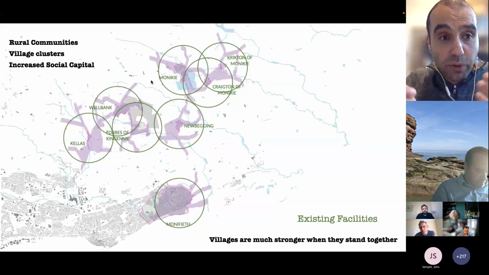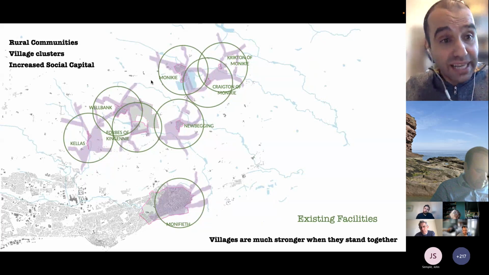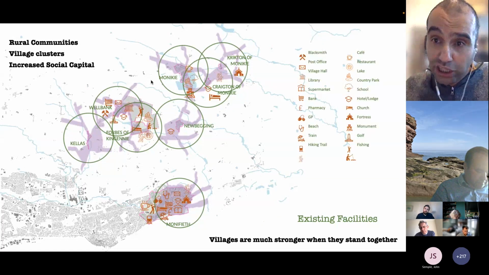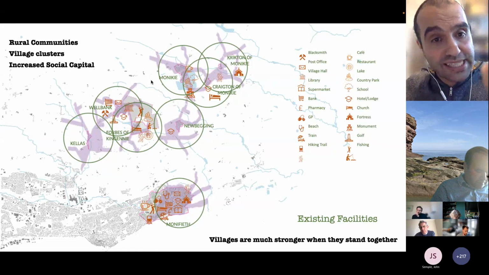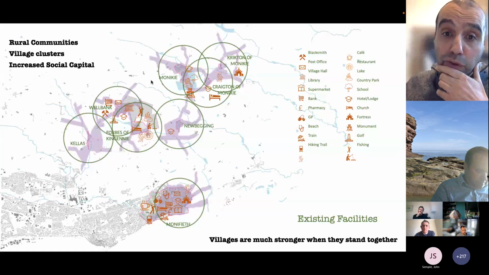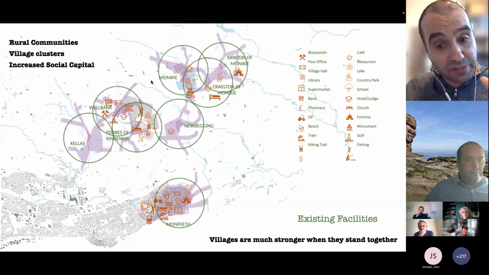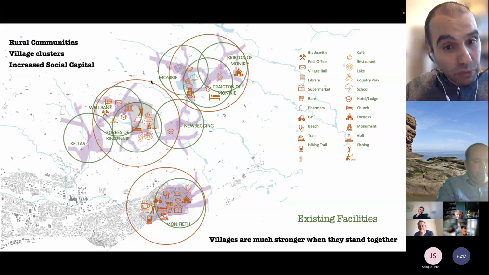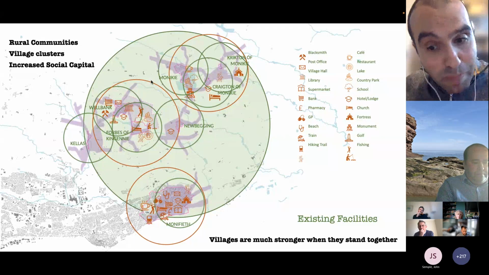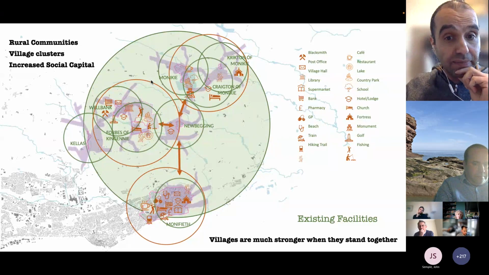So the whole idea, we really looked at this concept of rural communities, village clusters, in order to increase social capital by mapping all the current opportunities and assets available in all those little villages, because we were well aware that villages are much stronger when they stand together. But we need to understand what we mean by standing together, and how we can facilitate that by